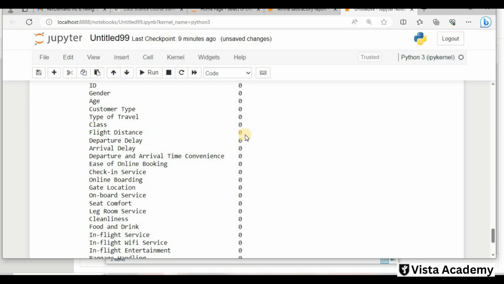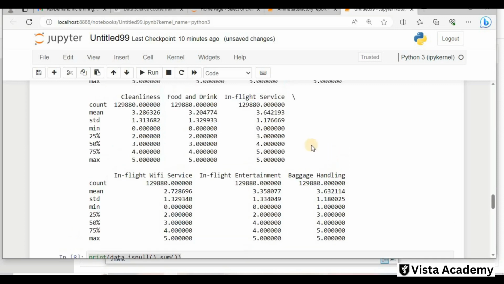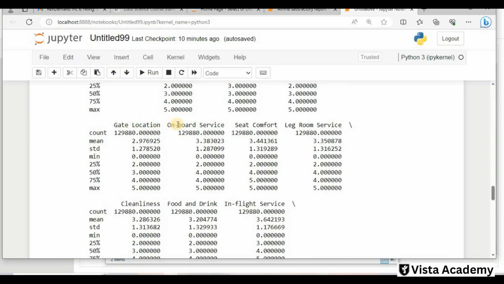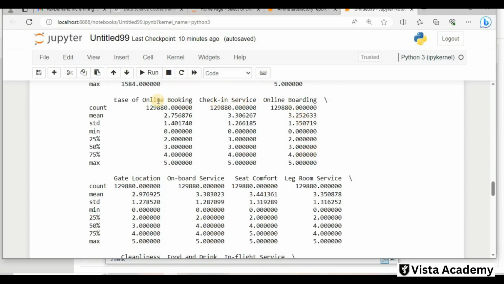So first of all, we will do charting. We will create different charts, and to create charts, the first step is to create a category of columns. If you see, these are our ratings: in-flight entertainment, baggage handling, in-flight cleanliness, foot printing, gate location, on-board services, seat comfort, legroom comfort, onboarding, check-in service, ease of online booking.